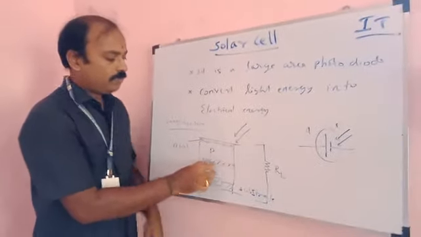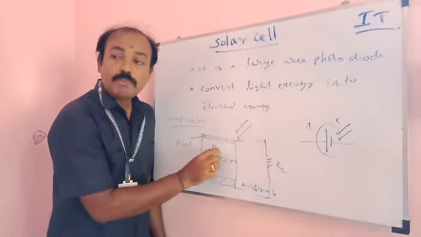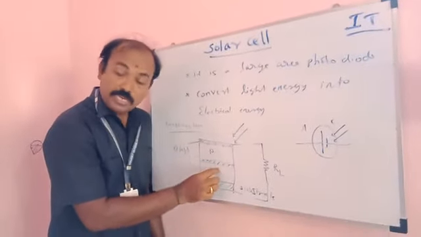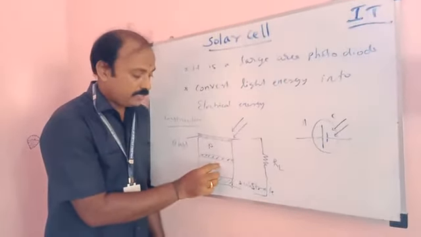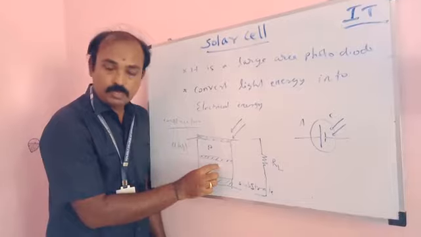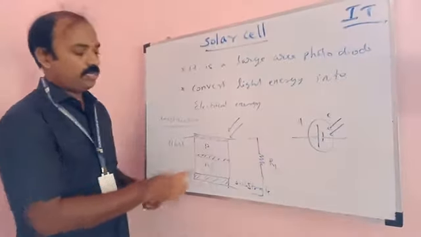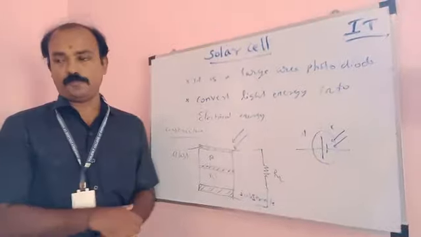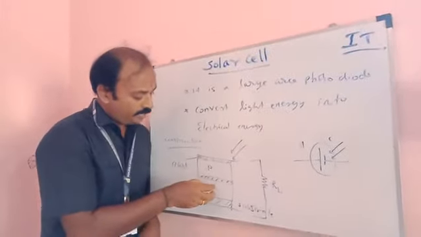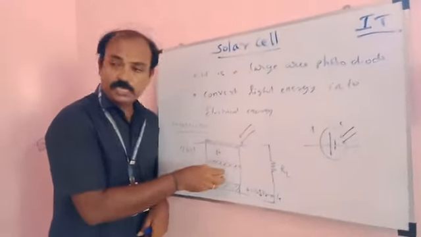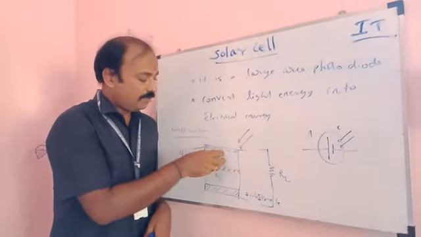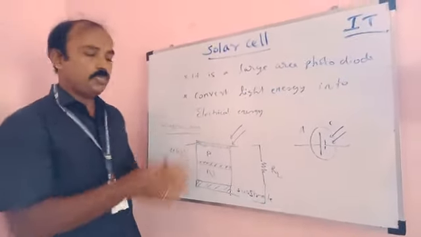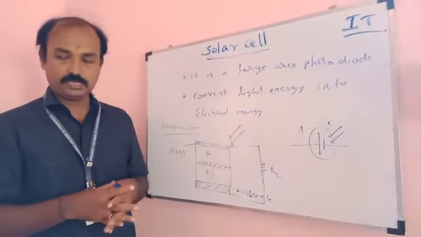electrons. So the minority charge carrier of the p region is electron. Minority charge carrier of the n region is positive. These two cross through this diffusion area, and all the negative charges are accumulated in this n region. All the positive charges are accumulated in the p region. That everything takes place due to the incident light.